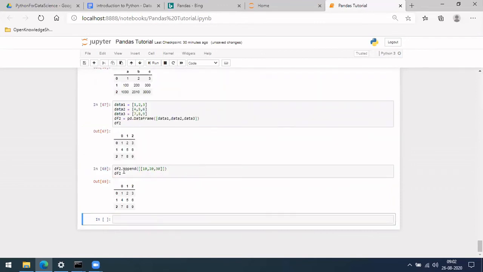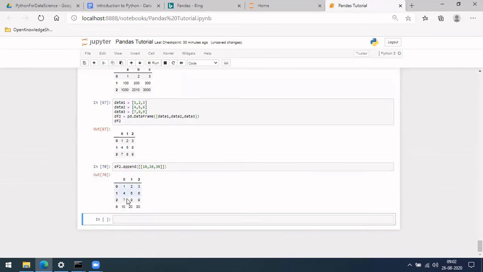So still, yeah, okay, I have to show this. If you see, it has come here. It is trying to append, but while it is appending, you can see here the index again went to 0. So that is one usual problem. I'll tell you how to resolve that as well.